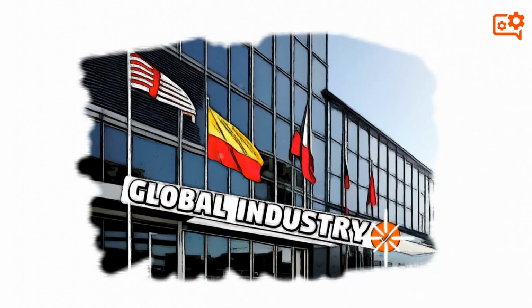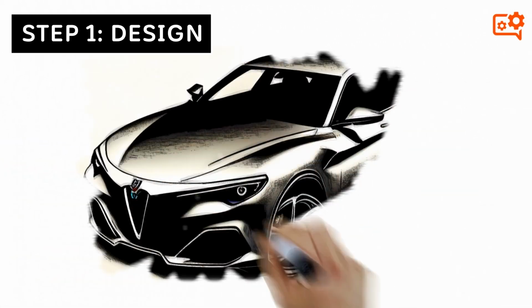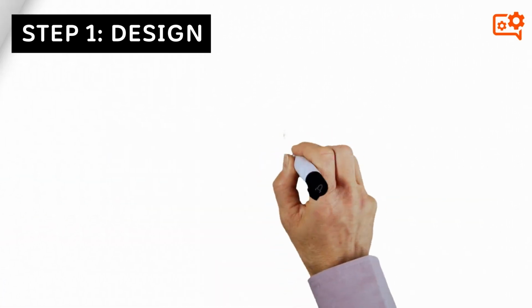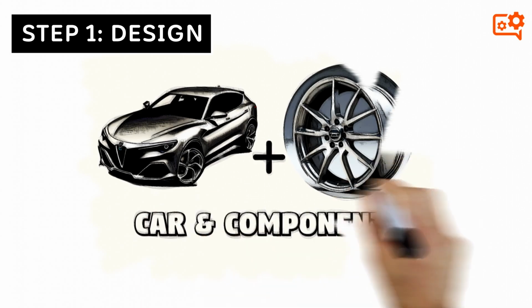of many national economies. What is the product realization process? The first step in the automotive supply chain is design and engineering. This involves designing the car and its components, as well as engineering the production process to ensure that it's efficient